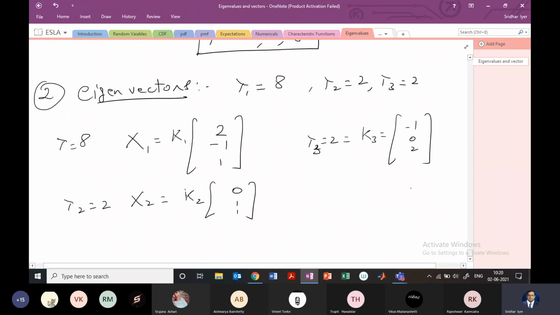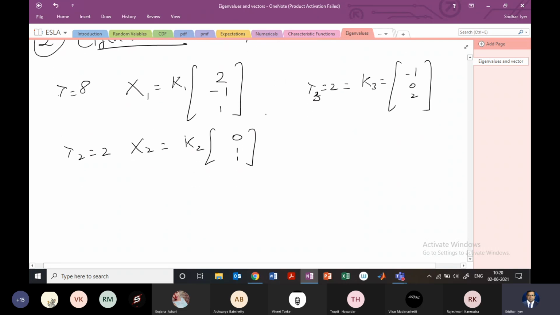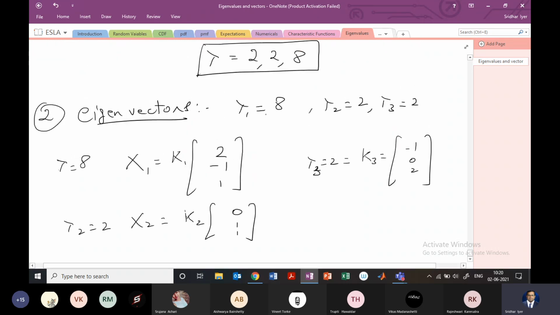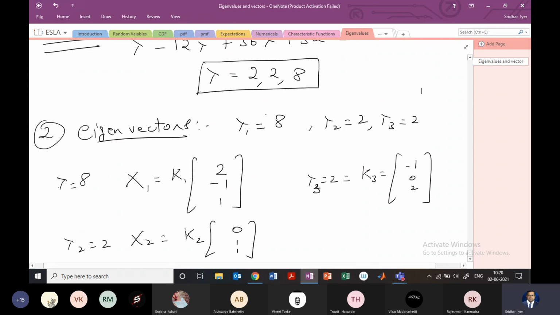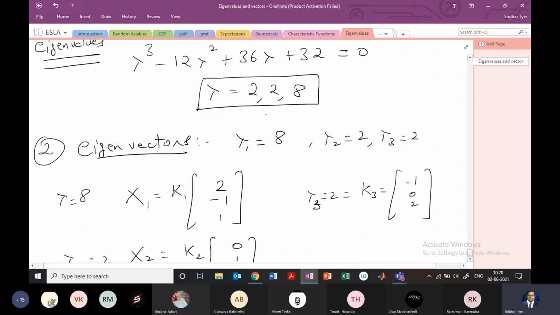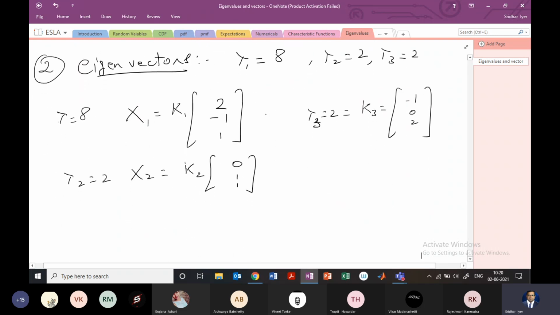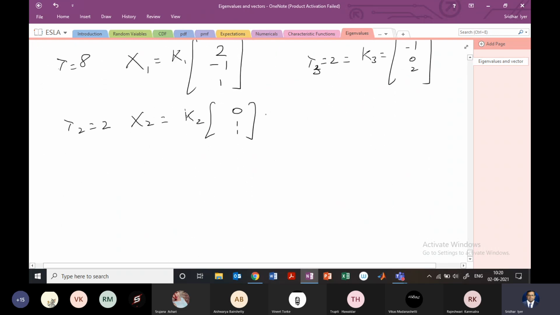Since eigenvalues are not matching, the vectors will not match. But like I said again, I verified this with the computer. So we'll go with these values. We want to understand diagonalization. We'll come back and check these answers. Now let's say having done the eigenvalues, and hence the eigenvectors, we have these 3 matrices with us.